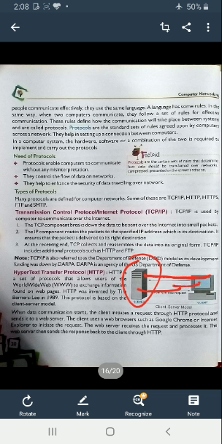When data communication starts, the client initiates a request through the HTTP protocol and sends it to the web server. The client uses a web browser such as Google Chrome or Internet Explorer to initiate the request. The web server receives the request and processes it, then sends the response back to the client through HTTP. So when you open Google Chrome and want to request something, for example you write what is the meaning of protocol, this is a request to the web server, and the web server services your request. This is done with the help of HTTP.